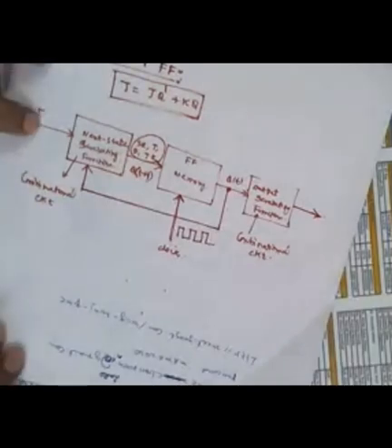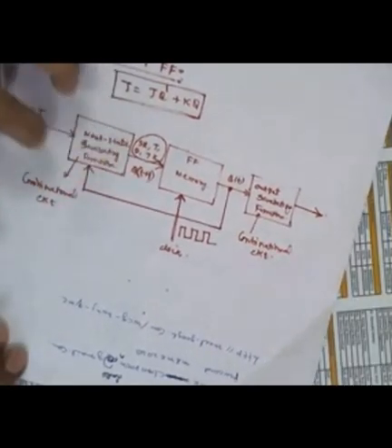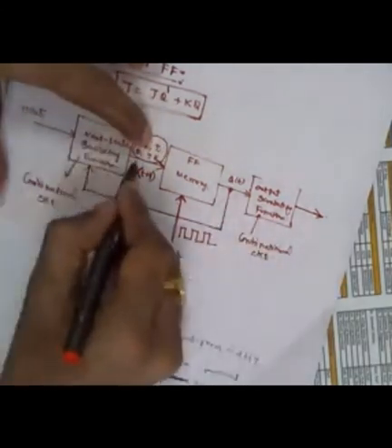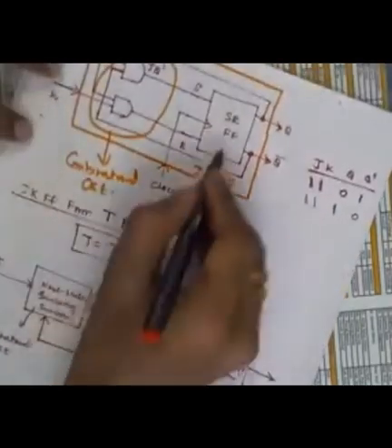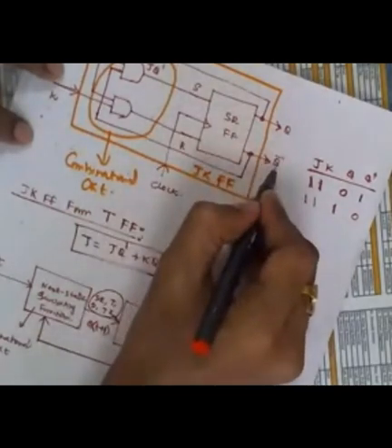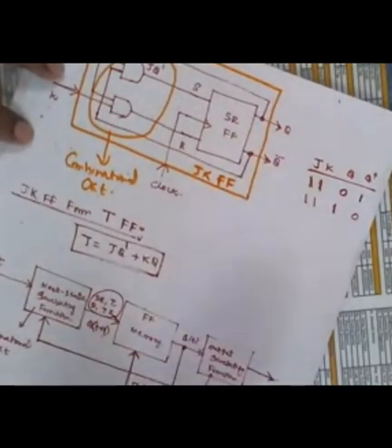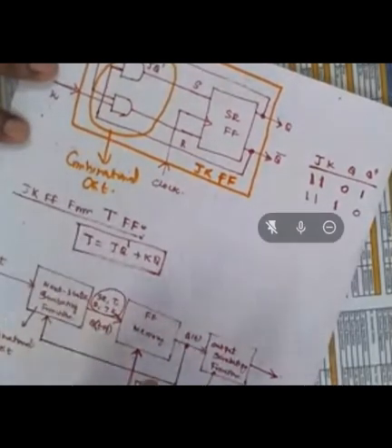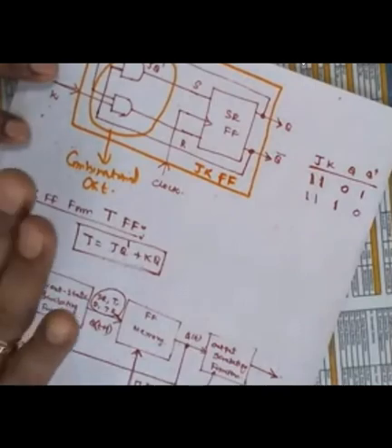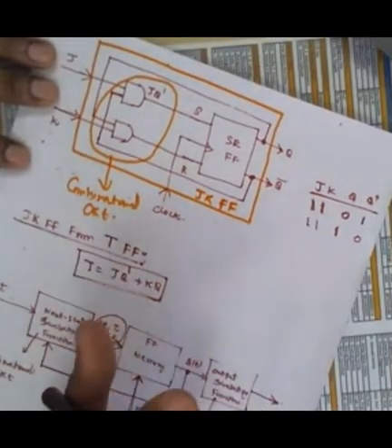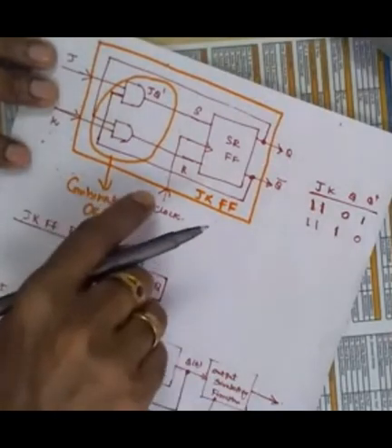So I am changing something here, but that change will propagate through this combinational circuit. It will generate some SR, T, D, J, K inputs here. At that instant, the Q is already propagated here. But the Q change, Q dash change is not in your control. That is in the clock rising edge control. You cannot change whenever you want. You have to apply the rising edge now. The rising edge only will change it. That means the Q and the Q bar changes are in clock control.